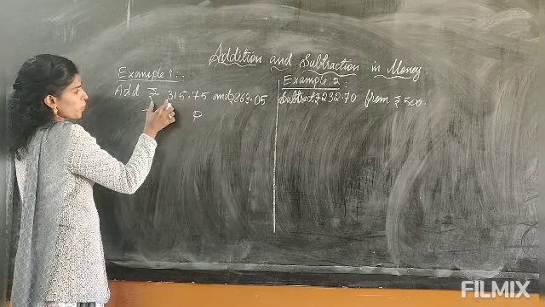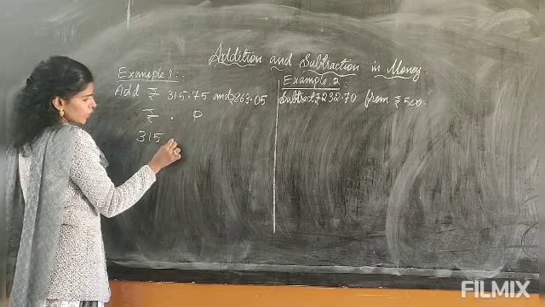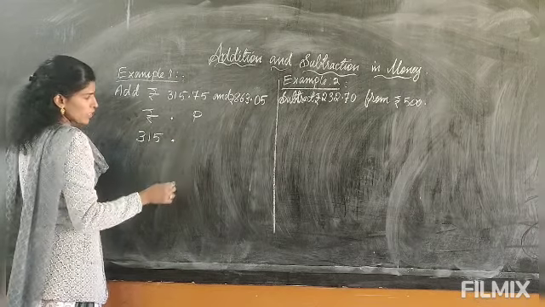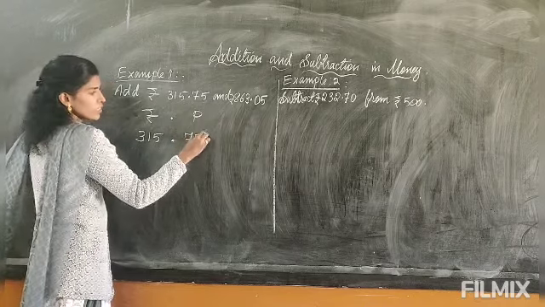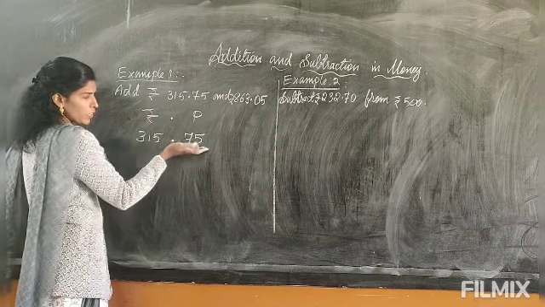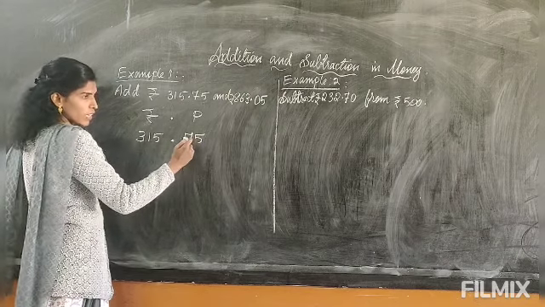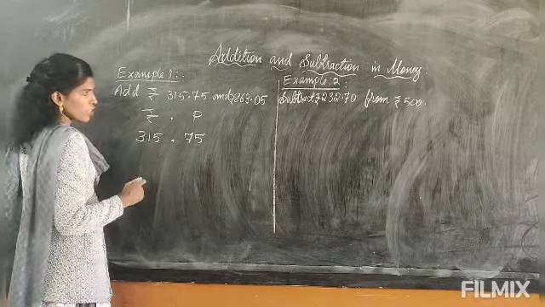This is rupees, so you arrange it in the rupees place. Again keep a dot to separate the rupees and paise, and here 75 paise, so you arrange it under the paise. These both are one amount, so it should be in a horizontal line. It cannot be that one is up and one is down; both should be on the same line.